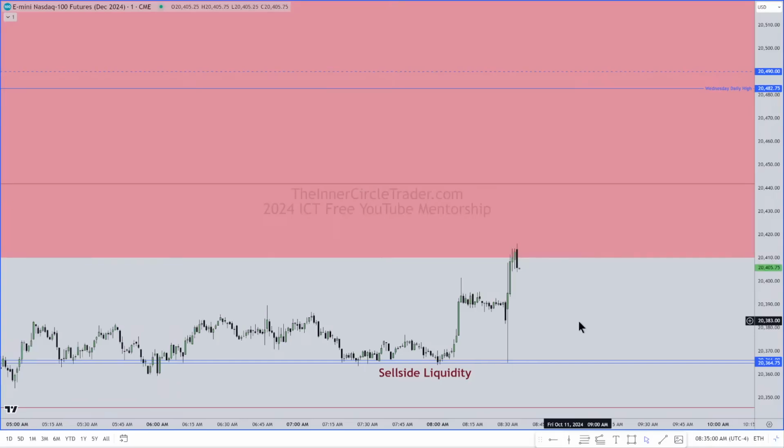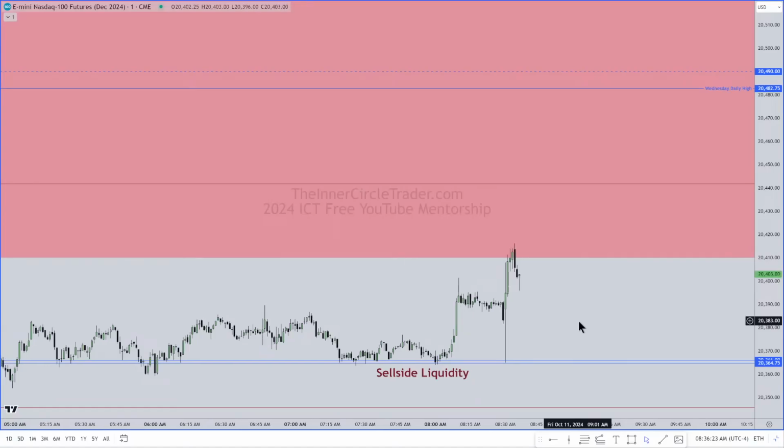So I'm looking for three things to agree. If you look at the points of entries, go through your charts and study, you'll see that it's not just that fair value gap I'm entering on. It's not just that order block. It's not just that breaker that I'm using. There's two other things there at minimum. So your entry mechanism has to have, if it's going to be high probability, number one, the